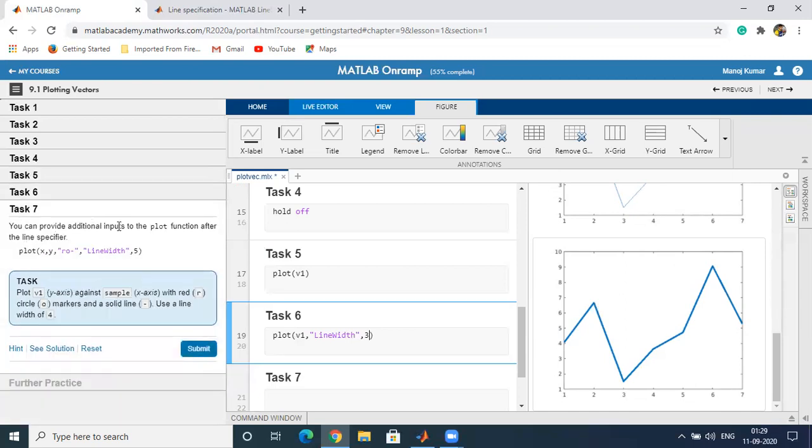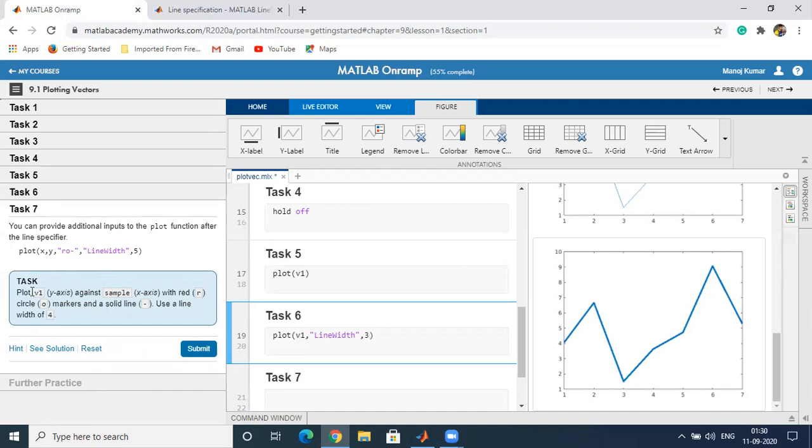You can also provide additional input to the plot function after the line specifier. Plot x comma y will plot the x and y axes with red. This is the red color, o stands for the circle marker, and dash stands for the solid line, and we have defined the line width equal to 5.